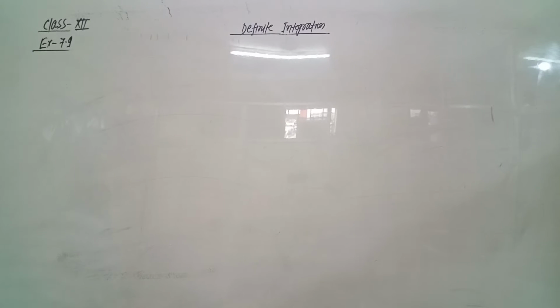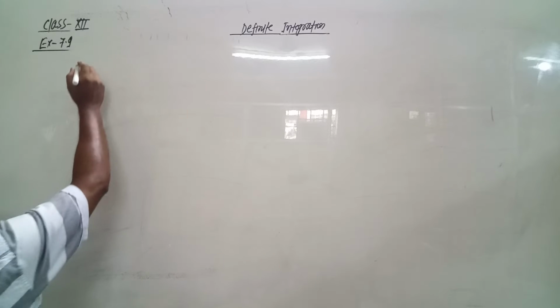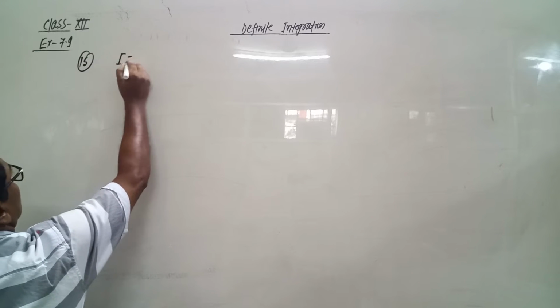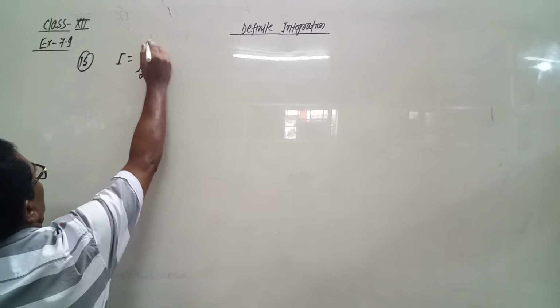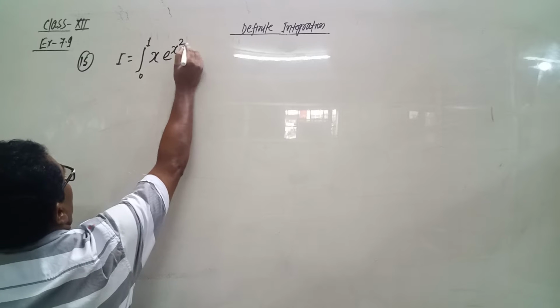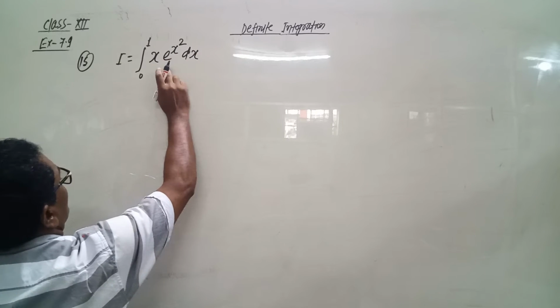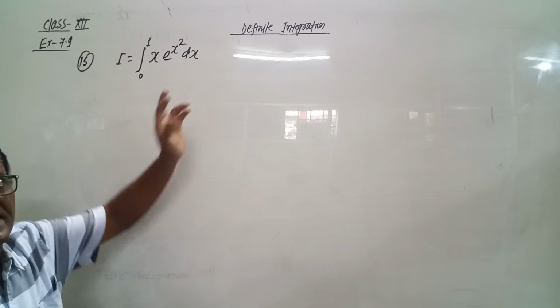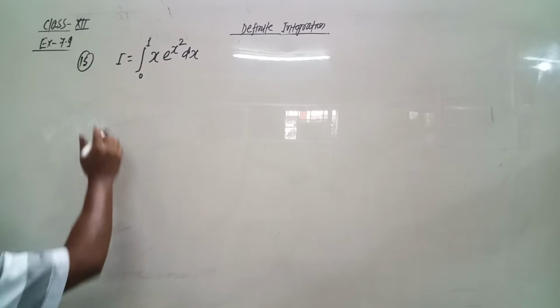Now question number 15. Integration 0 to 1 of x into e raised to the power x square dx. So the differential coefficient of x square is 2x. So we put